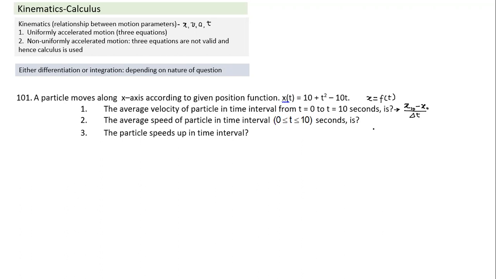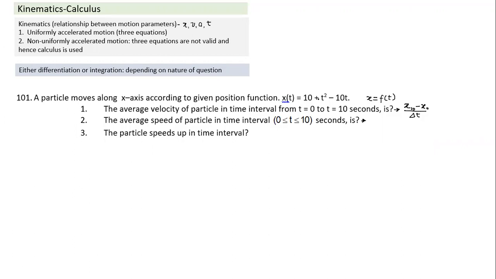But if I have to calculate average speed, it becomes a little tricky. The average velocity is very direct. But if I had to calculate average speed, how would I calculate it? Vignesh, can you calculate what the average speed is here and how would you calculate it? So this is pretty simple. I hope all of you follow. Yes, sir. For average speed, first we find that at the initial point and the final point, the position is the same, sir, at t equal to 0 and 10 seconds.